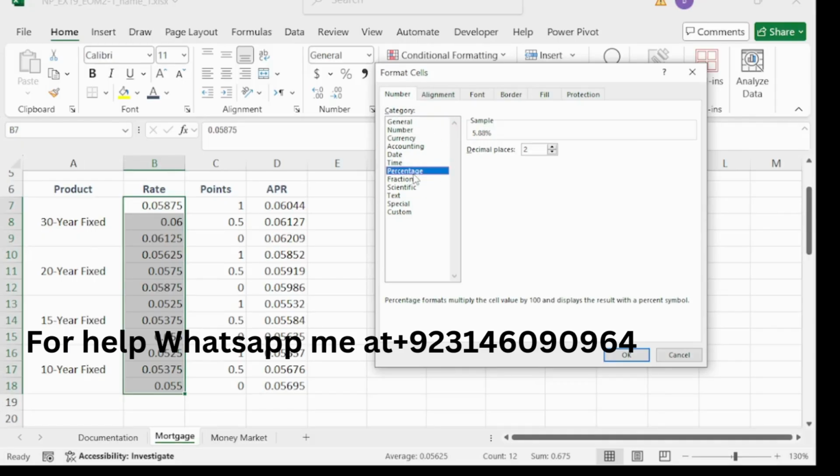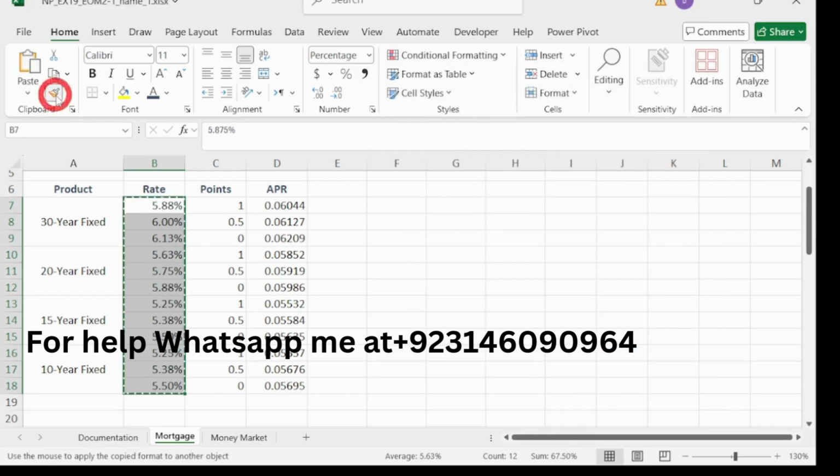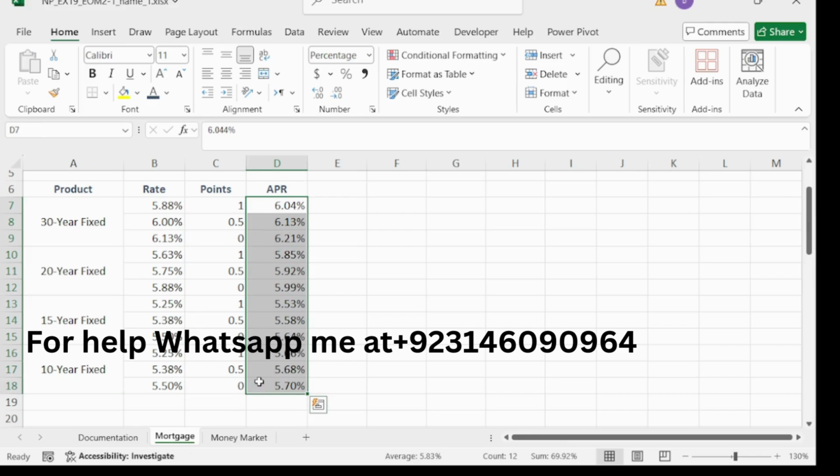Apply percentage number format with 2 decimal places, then copy this format to range D7 to D18, and then copy this D7 to D18 like this. So we have completed our 7th step.